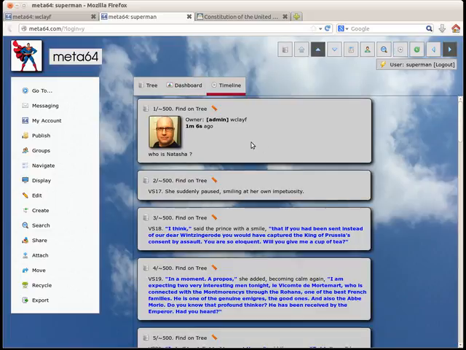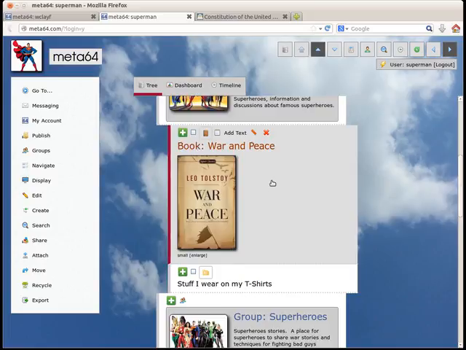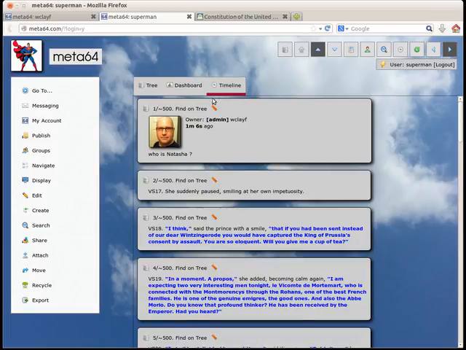Timeline is like search, except instead of searching for something, it's going to show you the reverse chronological listing. So I click the book War and Peace, and then I click timeline, and it goes and looks at every node and pulls up the reverse chronological listing. It only shows you the first 500, and that's by design, but it's showing you the reverse chronological listing of